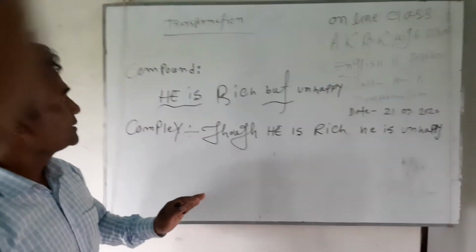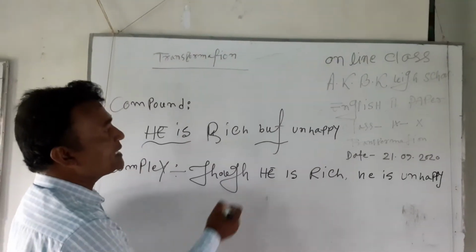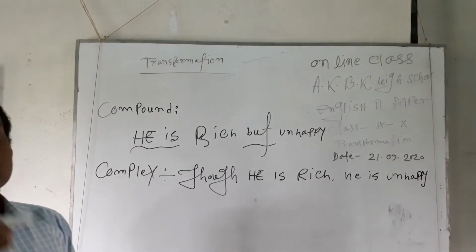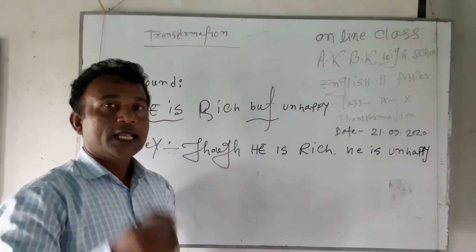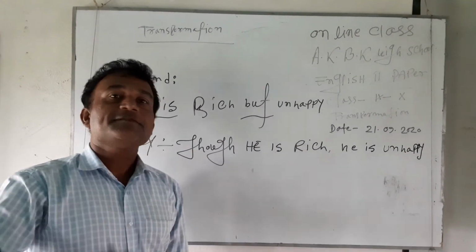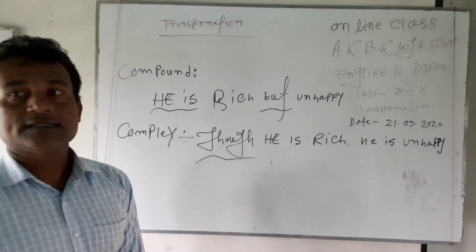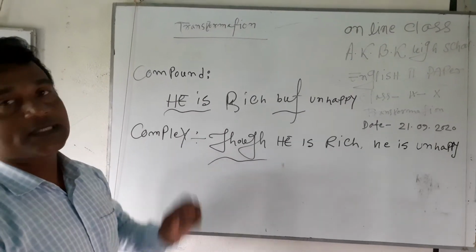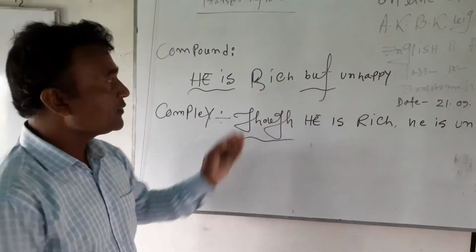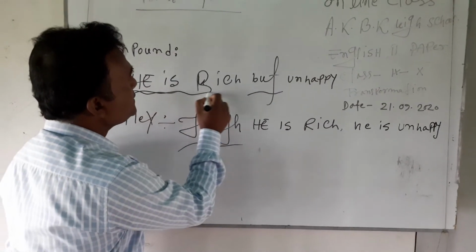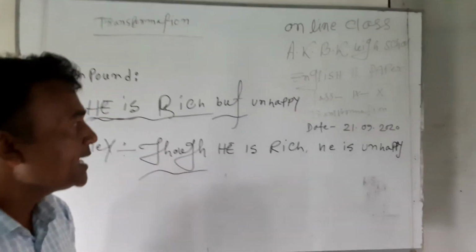Dear students, look very carefully. The sentence is a compound sentence that is added by but. When you find a compound sentence that is added by but, you can change it very easily to write though at the beginning of the sentence. Then the first part of the sentence. Here the first part of the sentence is he is rich. So you have to write he is rich. Then